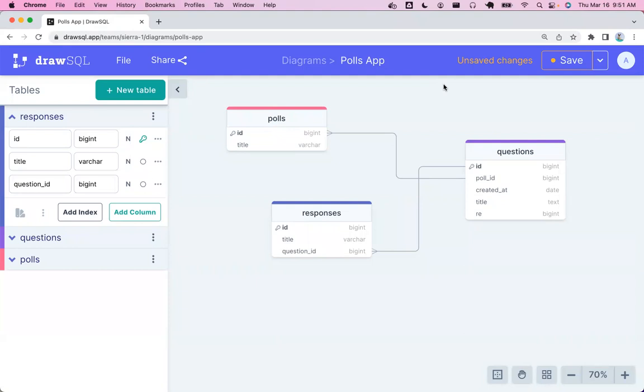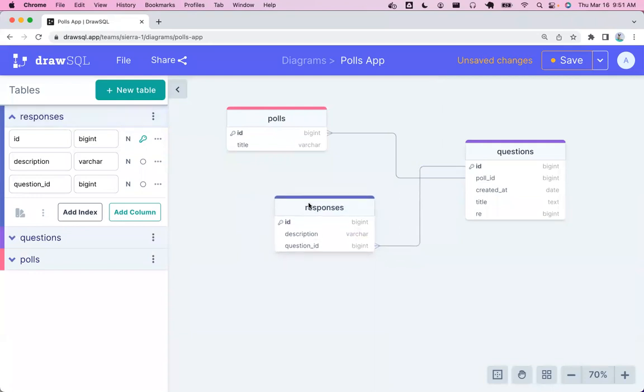Right. You raise a really good point. And I think in part, I might need to rename this from title to description or something. And I think you're right, by the way. In part, I asked the question more as a thought experiment. I would agree that we probably wouldn't want to do that. And what you also point out is that when we're talking about responses,